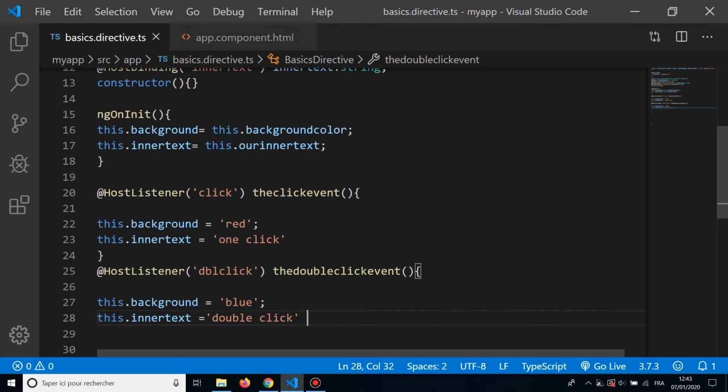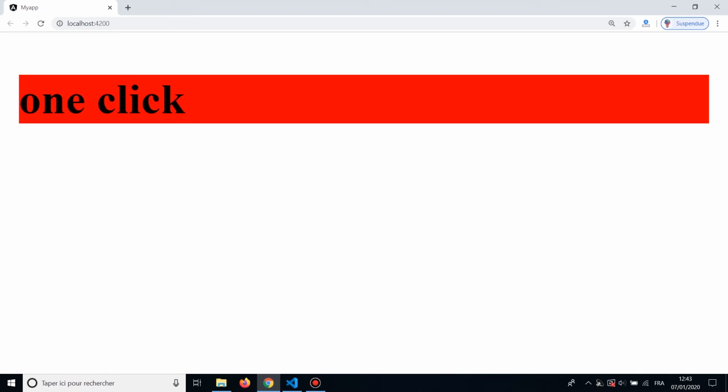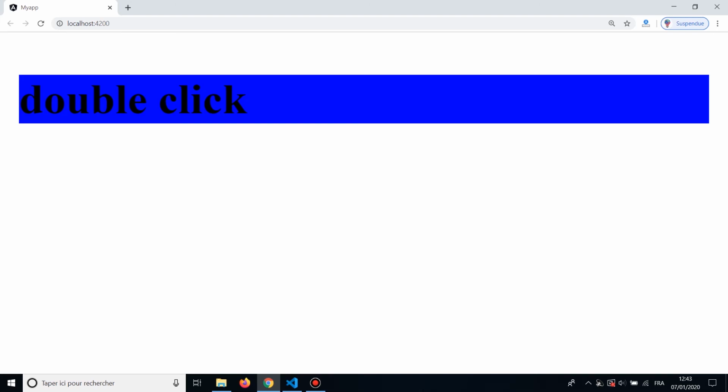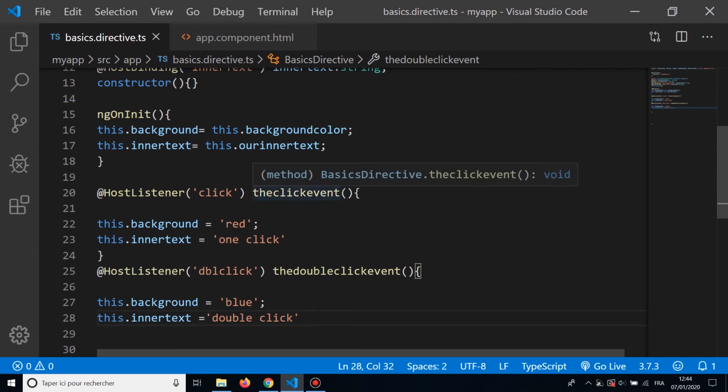Now let's check the browser. Let's have one click. Let's add double click, one click. And one last thing I want to add is, if we go back to our editor, we can